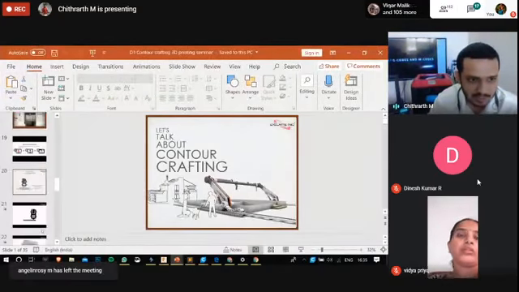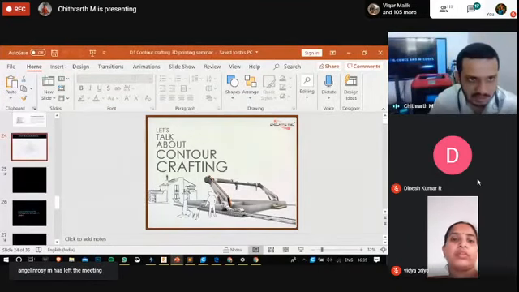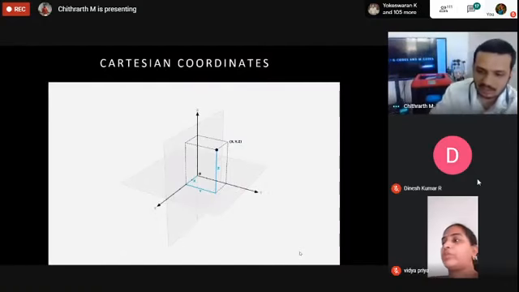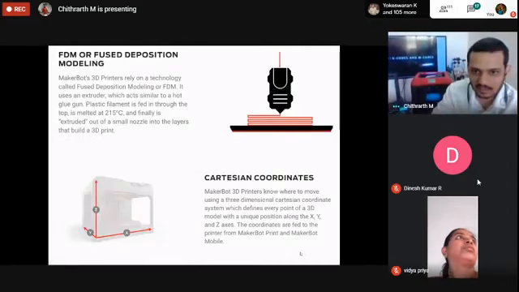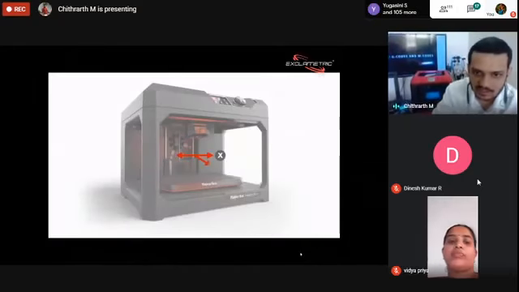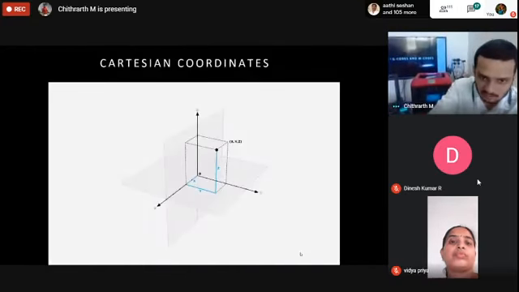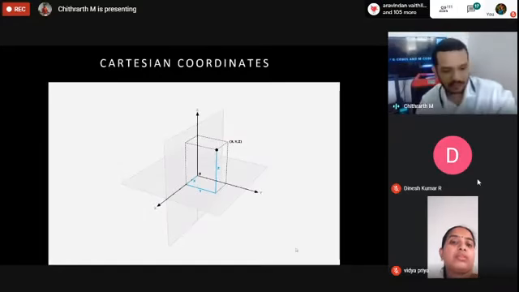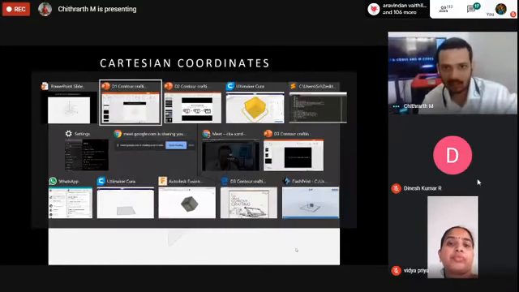We were discussing this particular system on our day one session. Normally these machines work on Cartesian coordinates. As I told you before, they actually move in x-axis, y-axis, and z-axis. And this is where the entire mathematics comes into the picture.